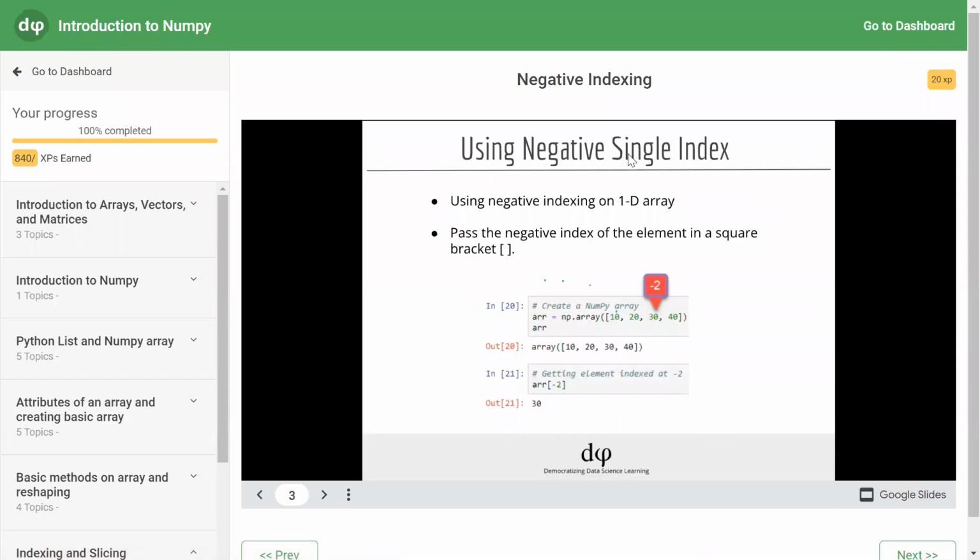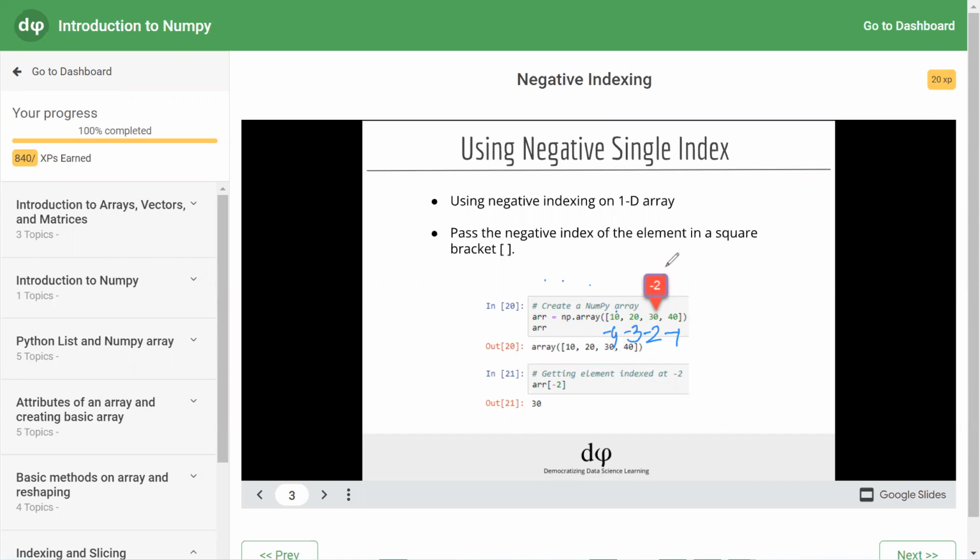Using negative indexing on a 1D array, pass the negative index of the element in square brackets. So you have an array containing 10, 20, 30, 40, and we have to access 30. If you use negative indexing, the last element is at index -1, the second last element is index -2, the third last element is index -3, and the fourth last element is index -4.